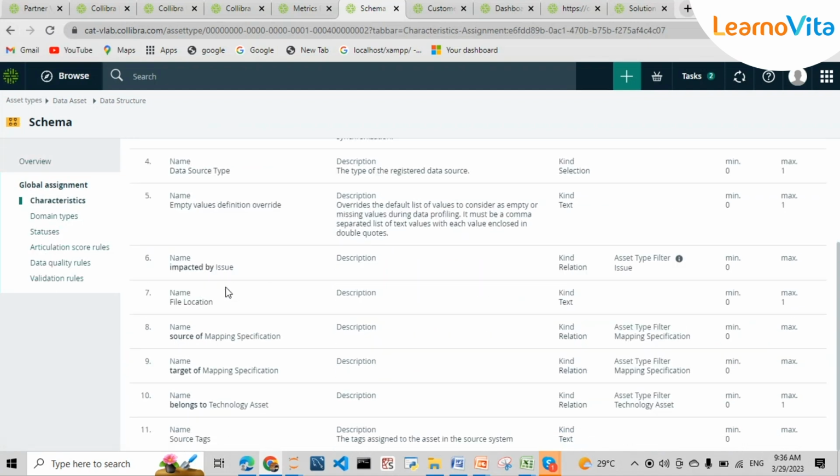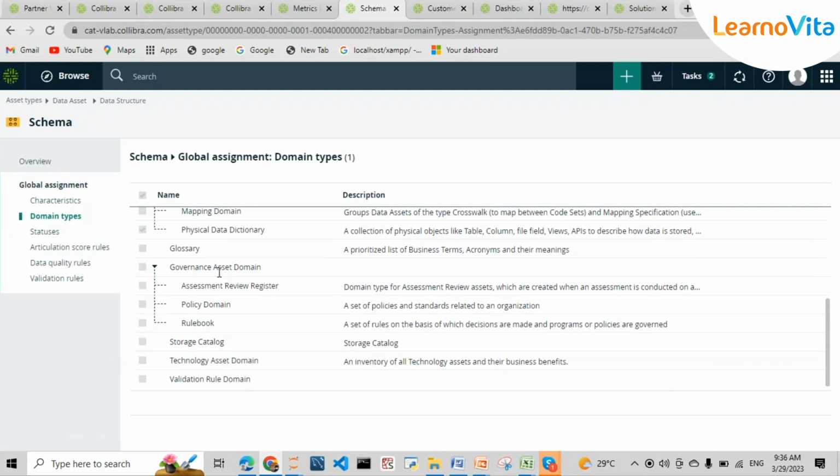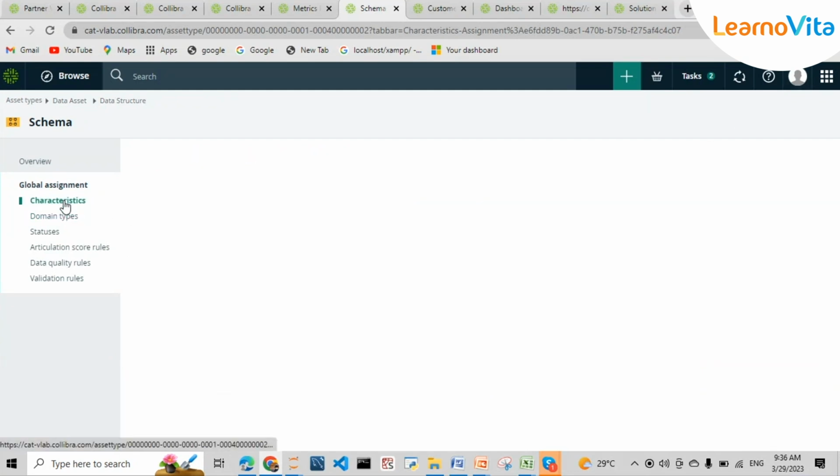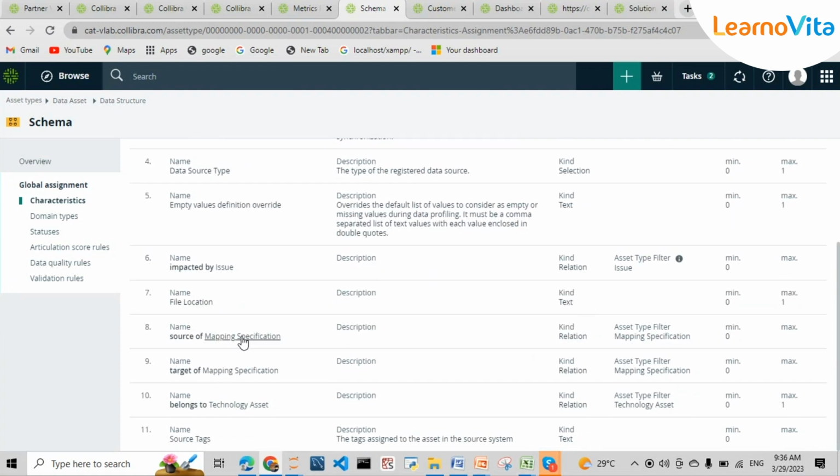Okay, so here the characteristics are domain types. I clicked on schema, I think. So what are the domain types in Collibra? The characteristics of a schema will have a description, and it will contain the tables and characteristics. So what kind of text will be in those attributes, this kind of details is there. We can have a schema as a source of mapping specification, and we can assign that the schema belongs to a technology asset. So the schemas belong to Postgres, Japan, prod. Likewise, we can add related technology assets. Likewise, we can add tags